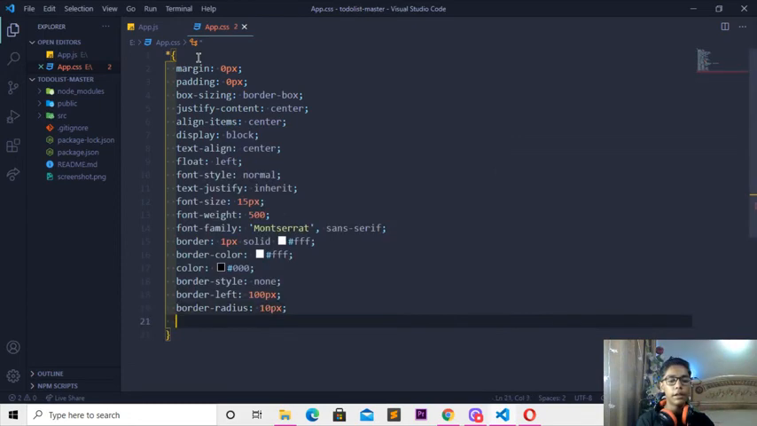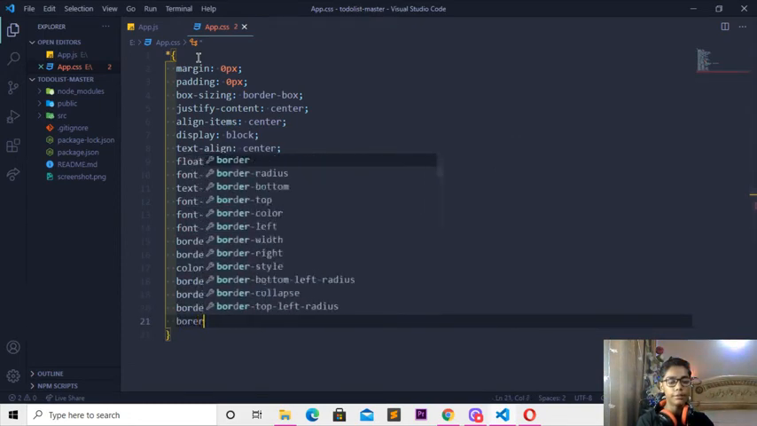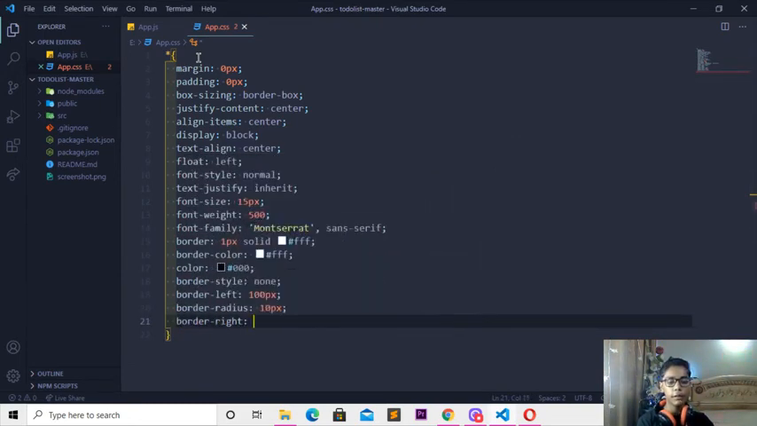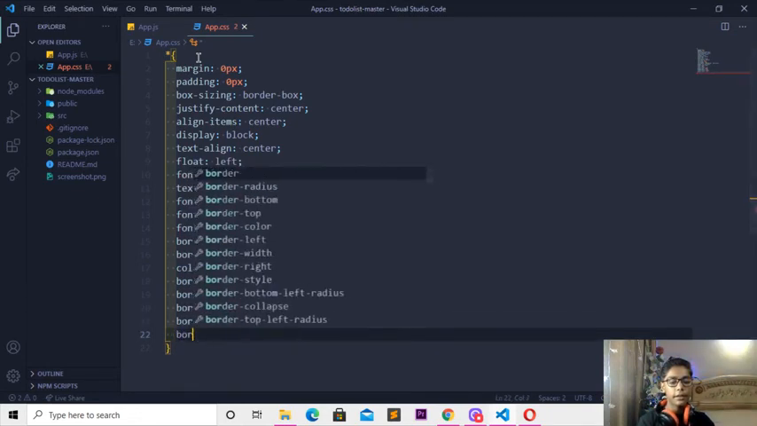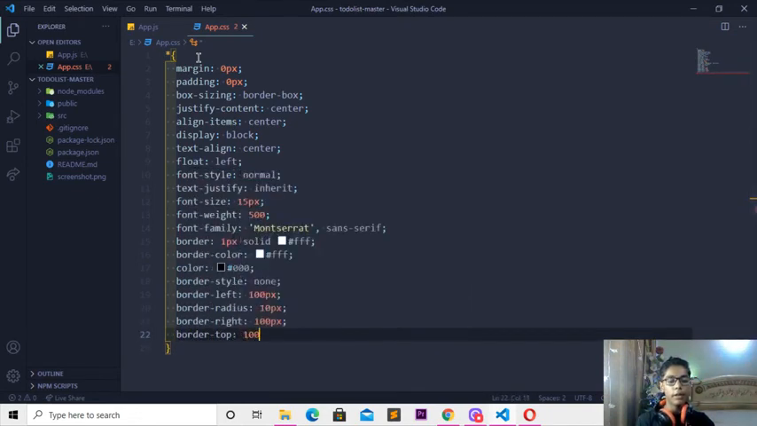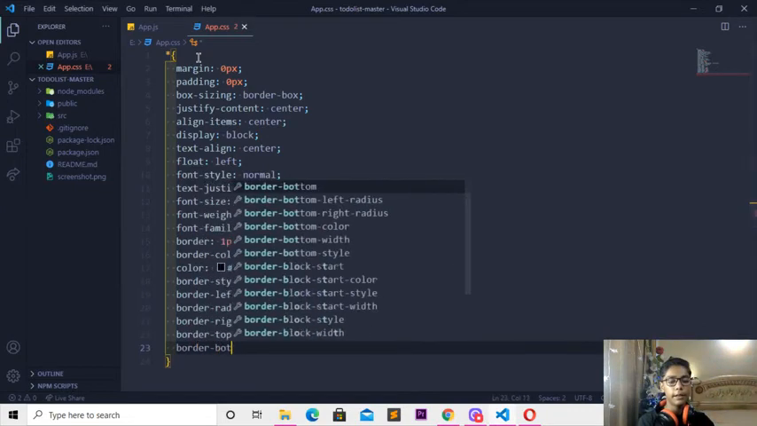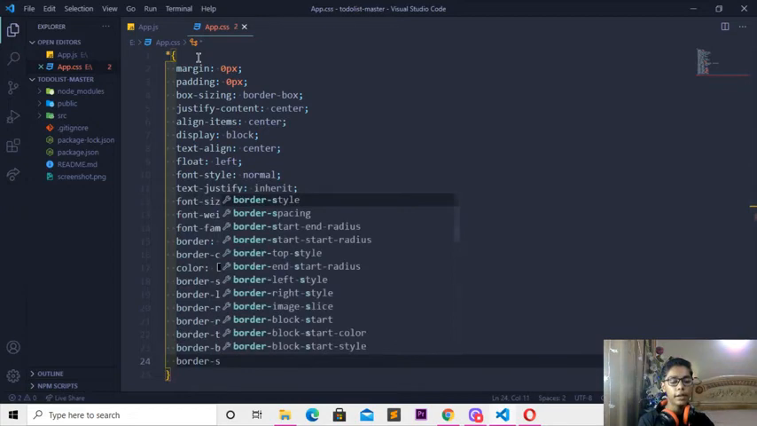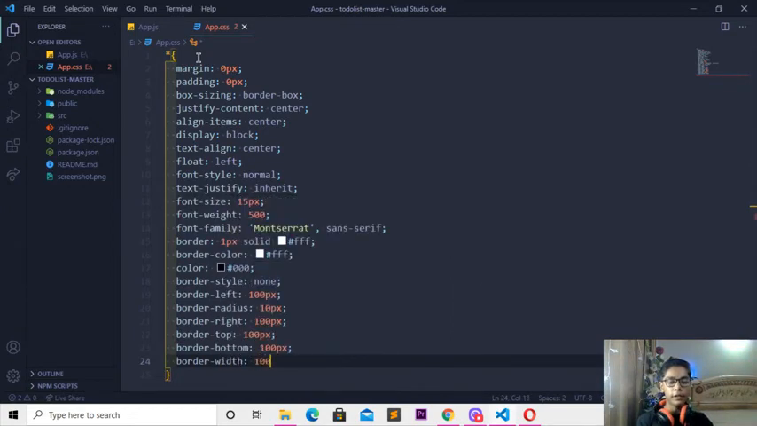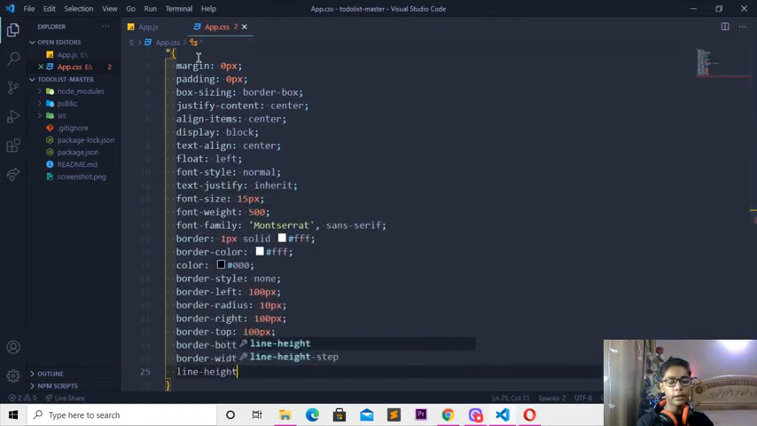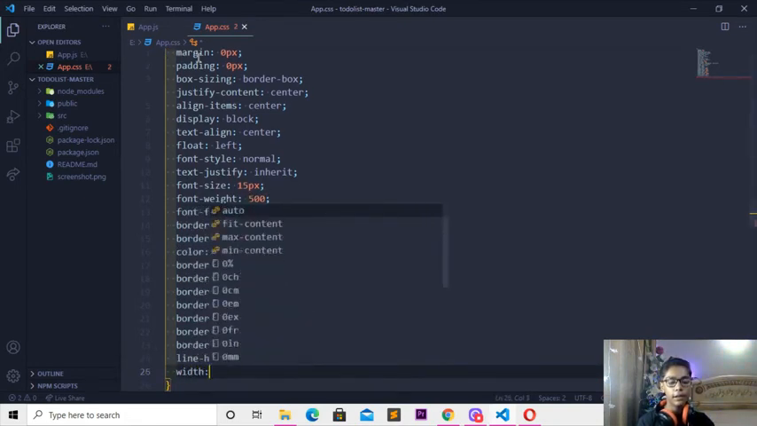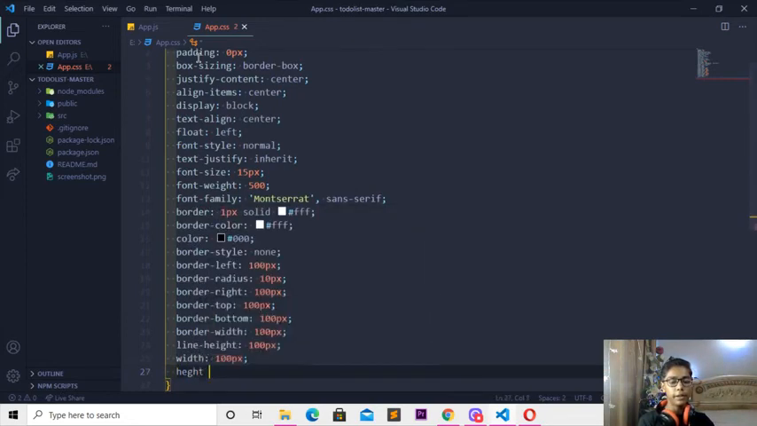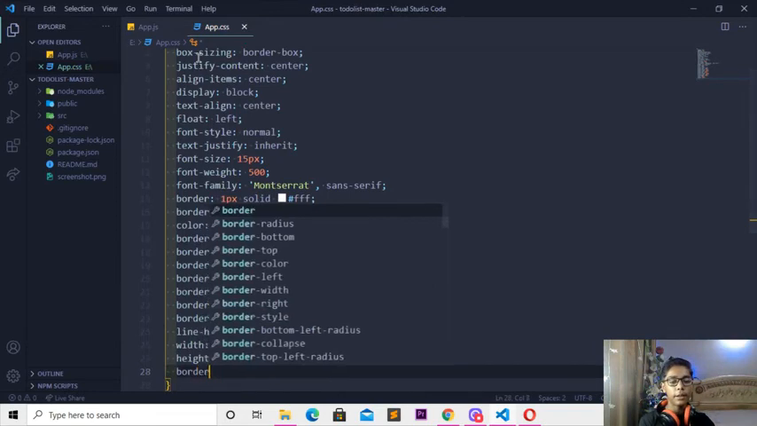So when you're done with that, here I'll be writing border-right which will be 100 pixel, and when you're done with that, I'll be writing border-top 100 pixel, and here I'll be writing border-bottom 100 pixel, and here I'll be changing that to a tag which will be border-width 100 pixel, and here I'll be writing line-height 100 pixel. So I'll be writing that, and when you're done with that, here I'll be writing width 100 pixel, then height 100 pixel, and when you've done that, I'll now be writing border which should be none, then outline none,